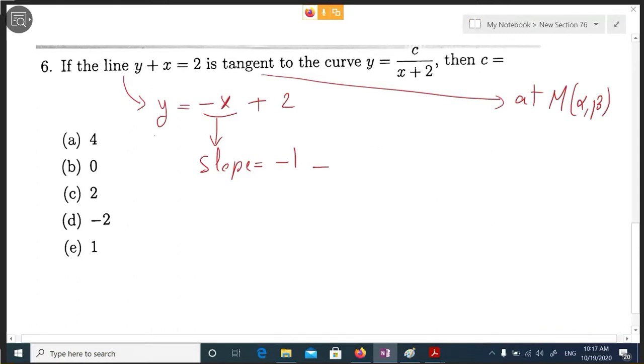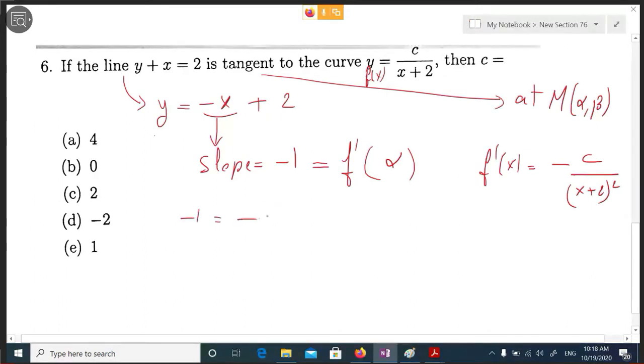Now minus 1 is the derivative of f where? At alpha. So this is f of x, let's call it f of x. But now what is the derivative of f? You take the derivative here, and you will find that it is minus c over x plus 2 squared. So do the quotient rule and you will find it, okay? So here my line is